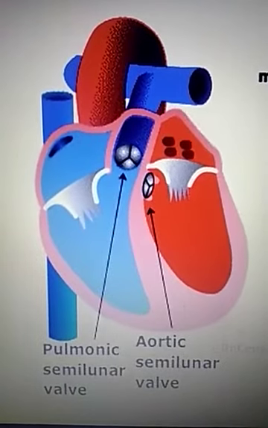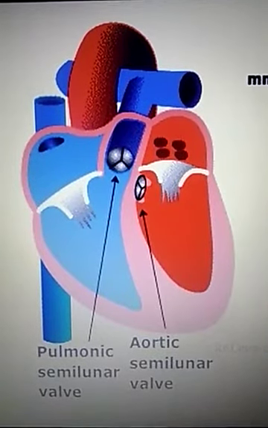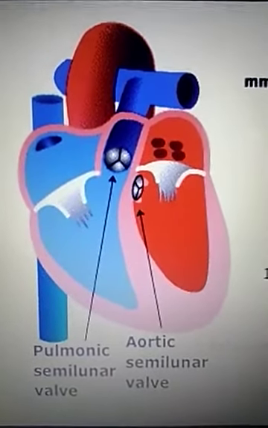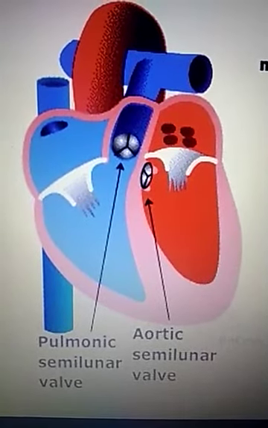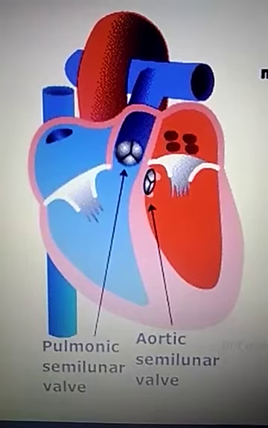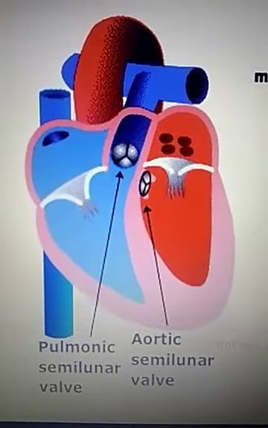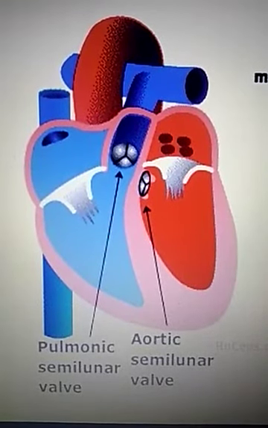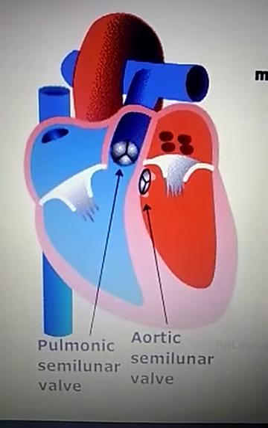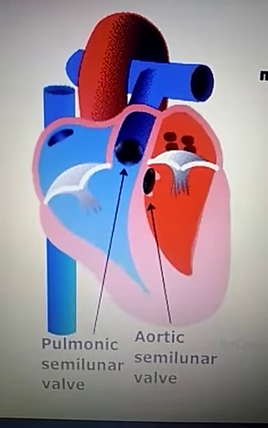So normal blood pressure is indicated by writing a value of 120 by 80 mm of Hg. This is the normal blood pressure. Although systolic pressure varies from 90 to 120 mm of Hg, while diastolic pressure varies from 60 to 80 mm of Hg. In athletes and persons with some diseases, it may vary. See, we have talked about diseases, so let us talk about hypertension or high blood pressure. It is a very serious disease, and it can lead to the rupture of blood vessels and death of the person due to internal bleeding.